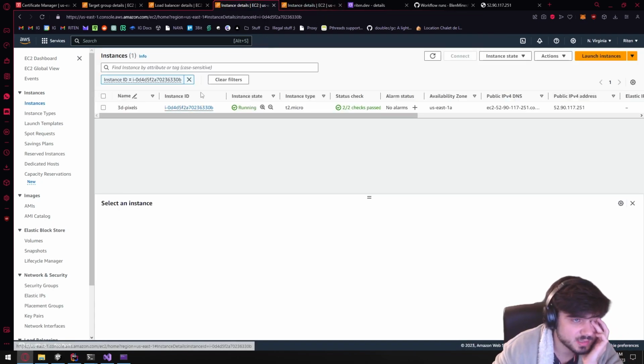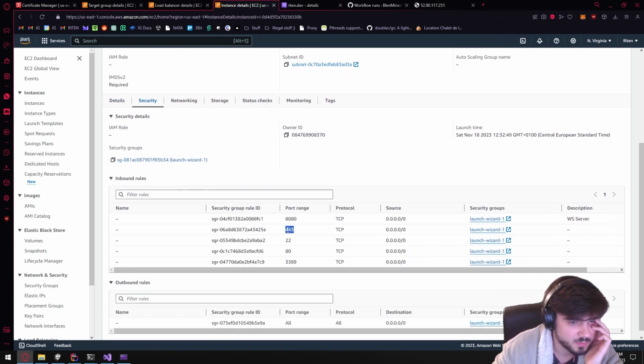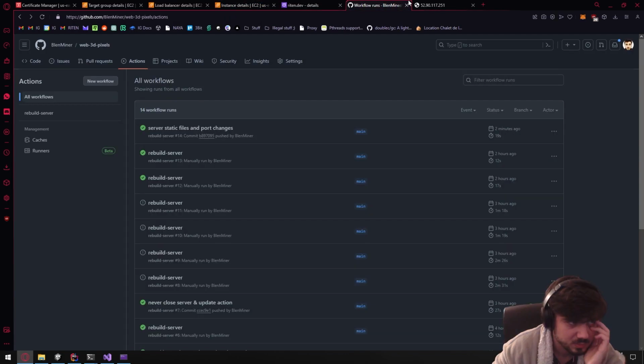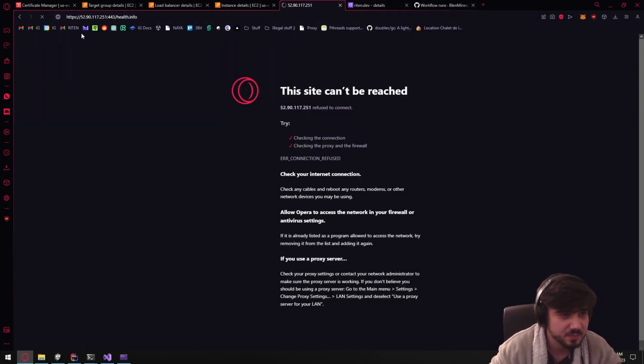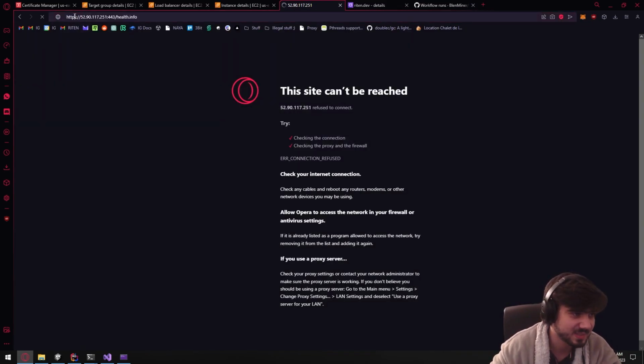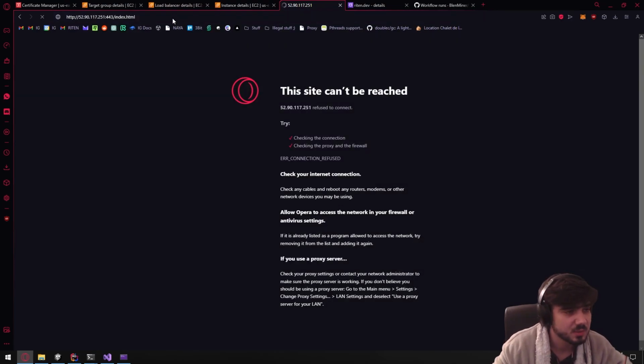Check the instance here on the security. 443. It's open. HTTPS should definitely not respond if HTTP doesn't. But HTTP should respond. Index.html should. Maybe